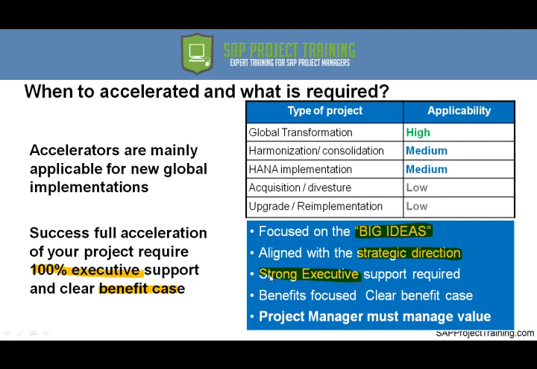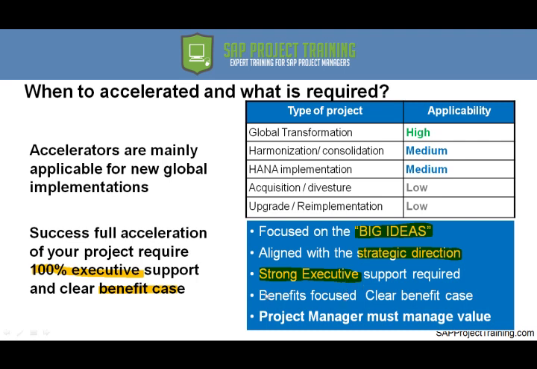If you do not have executive support, this will not be possible to do because it has to be understood by everyone what the strategic direction is, the idea with the SAP solution, and it's backed by the executives. We are going to do this. There is no other way. This is what we want to do. All of you here as the project team, you need to execute this. And to help you